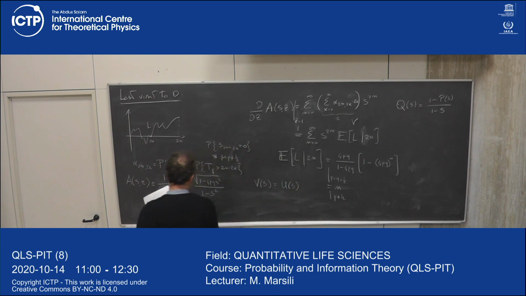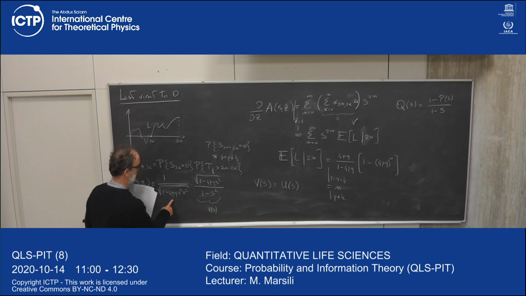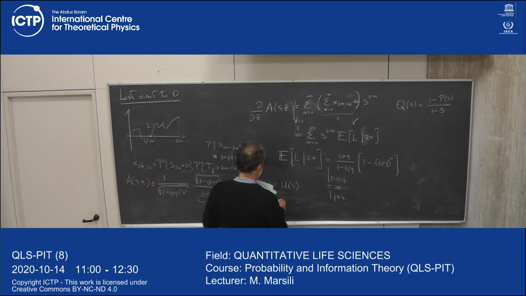And you see that this is true, because this is the generating function V of s, and when p is equal to 1/2, then this is exactly 1 over the square root of 1 minus s squared, which is exactly equal to the generating function of U. But this is only true for